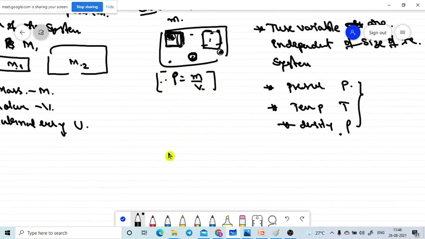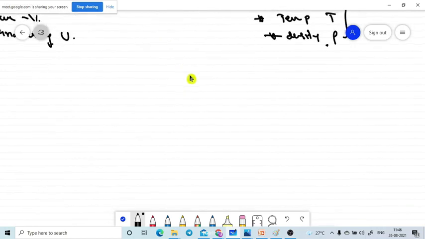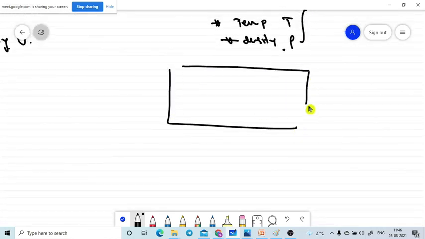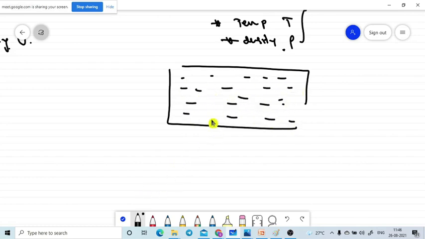No, it is not changing. So I will explain once again. Let me take this as the system. In this system, we are taking a gas like this. Now let me take the density of the gas as rho. For your easy understanding, let me take rho equal to 1, which is equal to mass by volume.